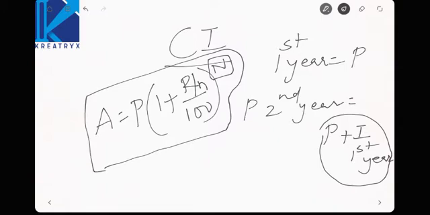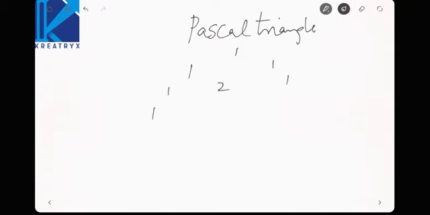So there is another way to calculate compound interest. Shall we see that? That is the Pascal triangle approach. See the Pascal triangle here. If this is 1, this is 1 and 1. I think most of you know this. 1, 2, 1, 1, 3, 3, 1, 1, 4, 6, 4, 1. This is the Pascal triangle.